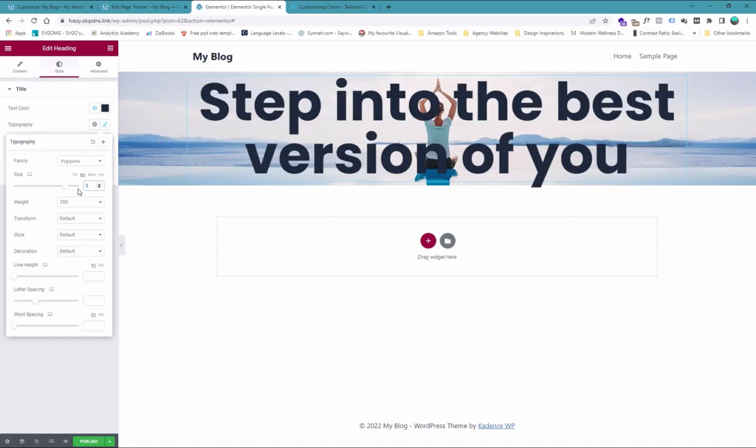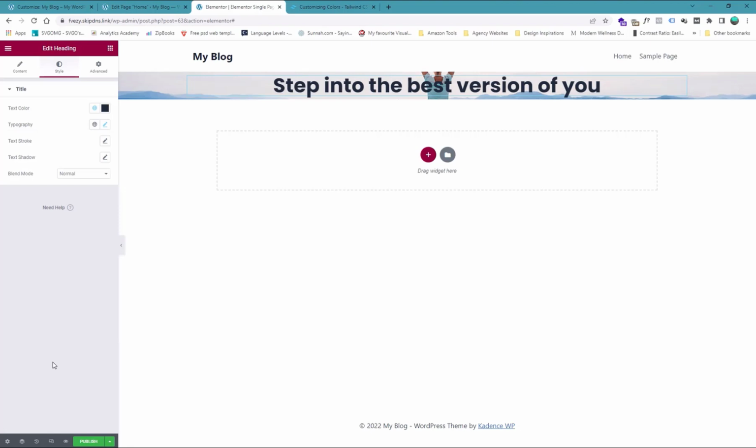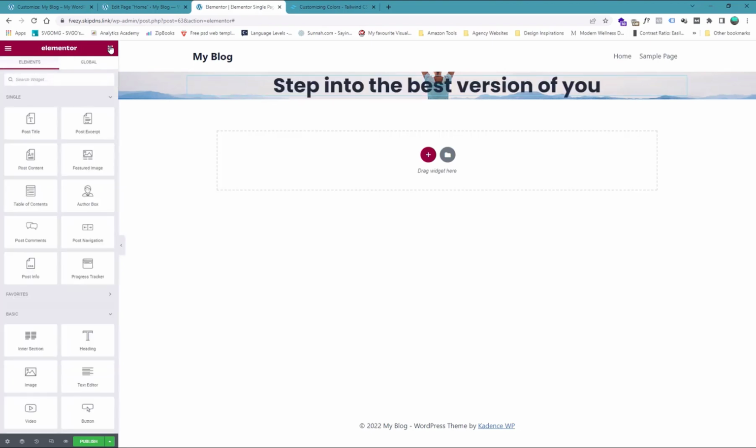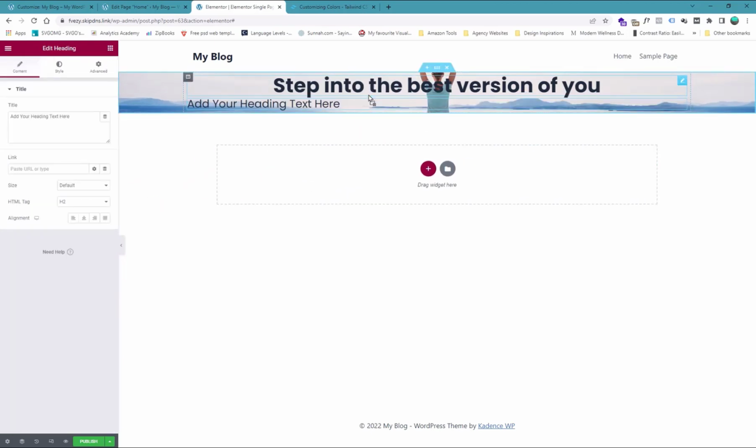So get 3 text, 3 bold, and now I can go back to Elementor widgets, toggle this move, and drag heading into the